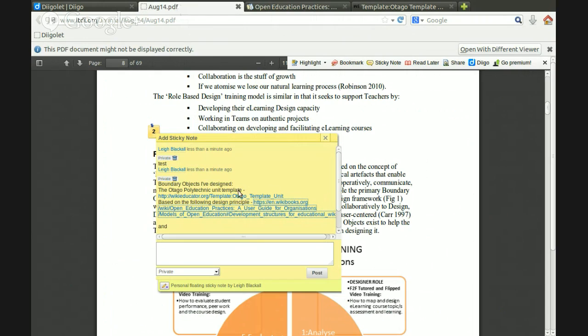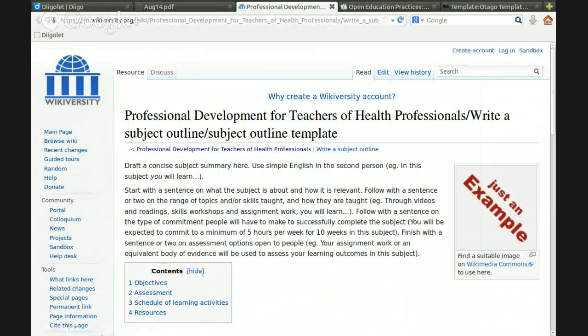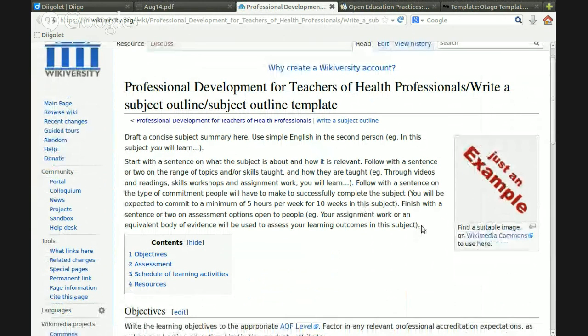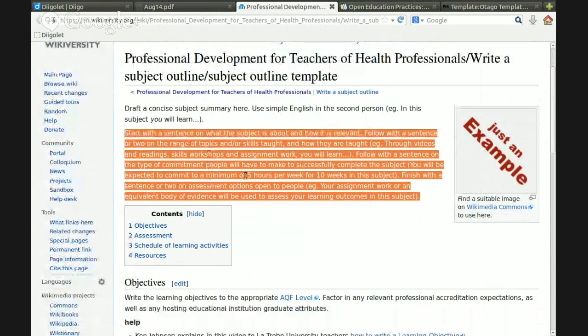Skip forward a few years to today, and here is what I think is another boundary object. Again, a template for what is called here a subject outline. So a subject outline in the university sector typically includes, common with the Otago Polytechnic, a much more simplified template. But here would be a description of the subject, and that paragraph that I've highlighted there actually structures that description into,